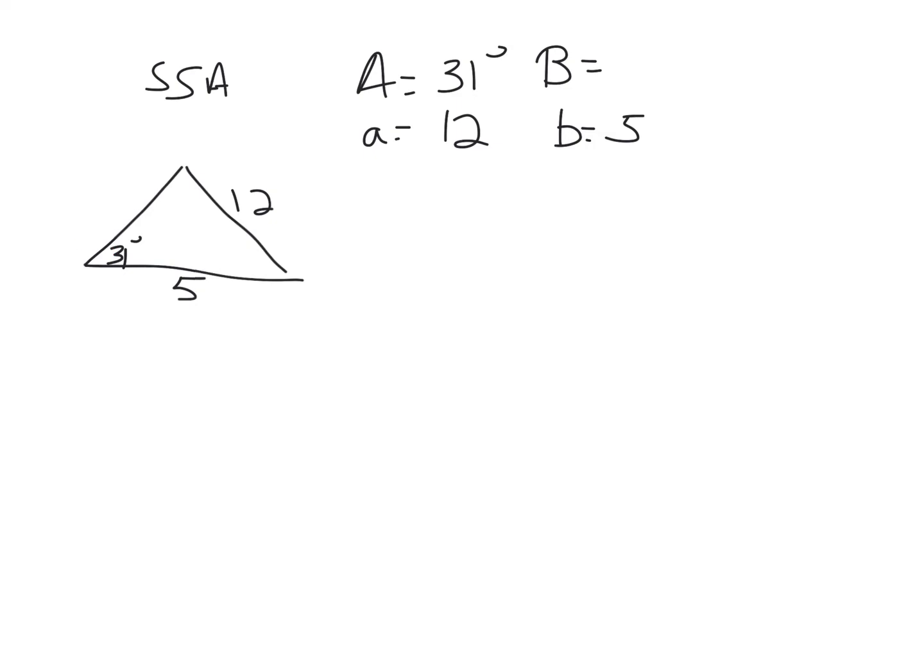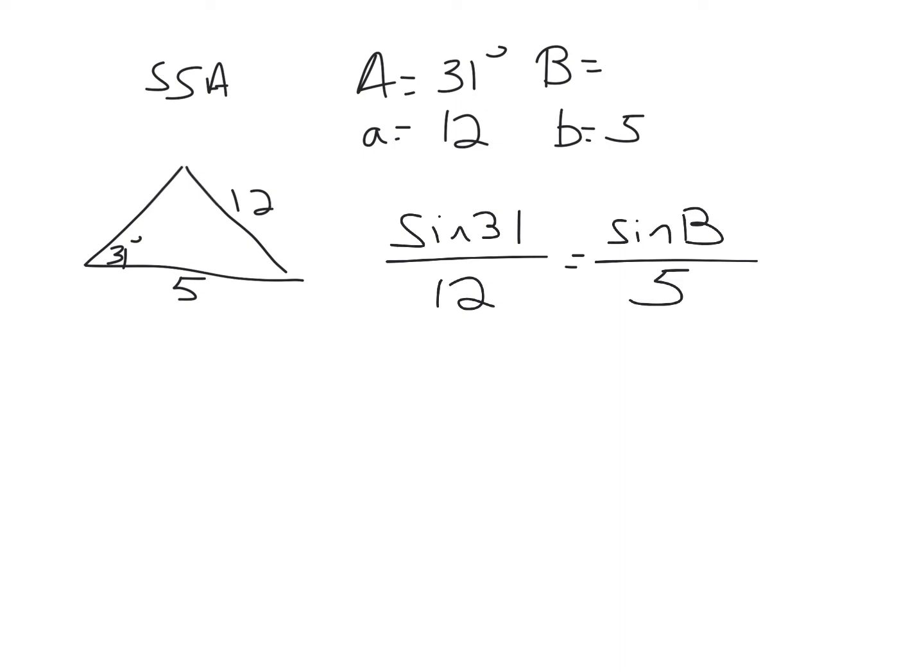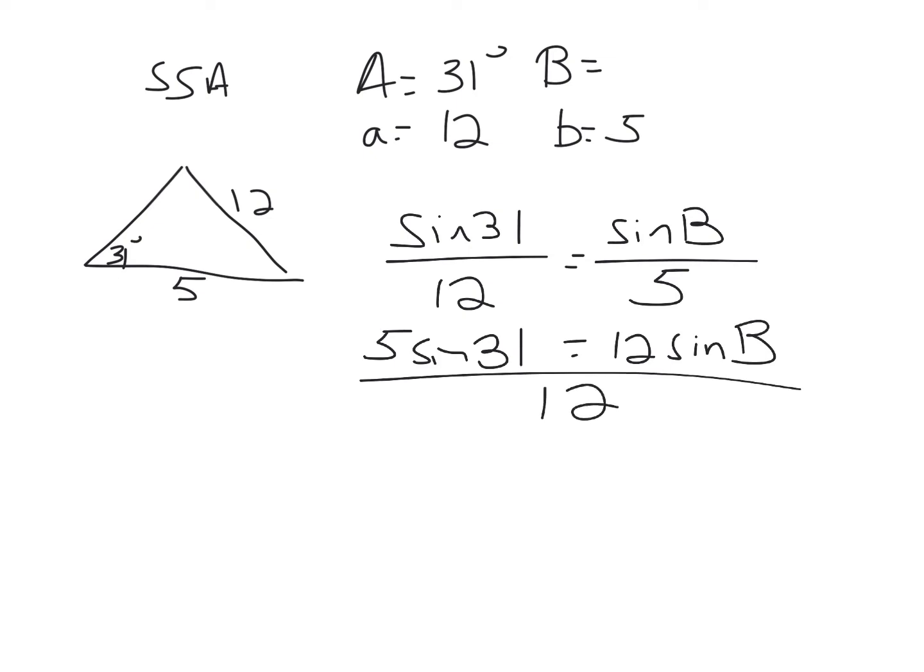In this case, I'm going to tell you right now we're going to get one solution. That's going to be relevant later in this video. I'll explain how we know whether it's one solution, no solution, or 2 solutions later on. So we have sine of 31 over 12 equals sine of B over 5. Then you cross multiply, get 5 sine of 31 equals 12 sine B. Divide by 12,